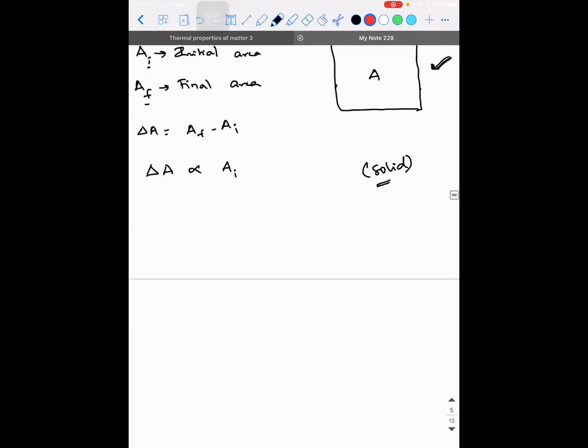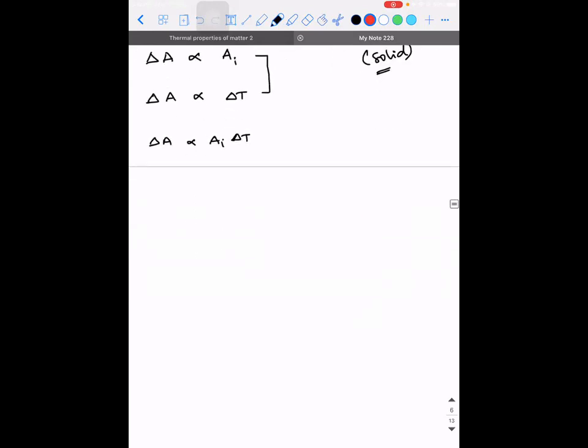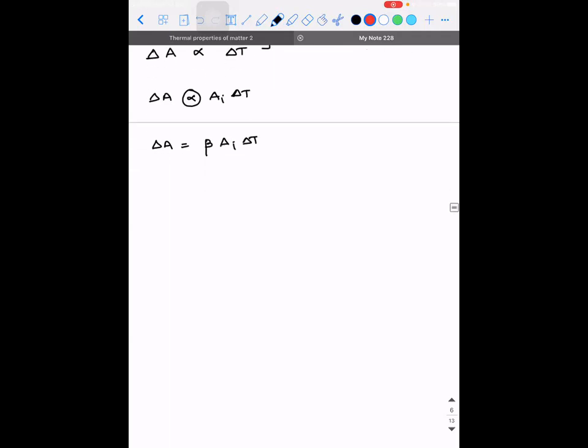Right? Then delta A is directly proportional to AI. Then delta A is also directly proportional to change in temperature. Then what is delta A equal to? So delta A, I can write as directly proportional to AI into delta T. I hope it makes sense. I've combined these two equations. So delta A will be equal to, if you remove the proportionality symbol, then the constant that we introduce is beta here. There it was alpha. Here it is beta. Beta into AI into delta T, where delta A is nothing but final area minus initial area. That is beta into AI into delta T, which implies final area will be equal to AI into 1 plus beta delta T.